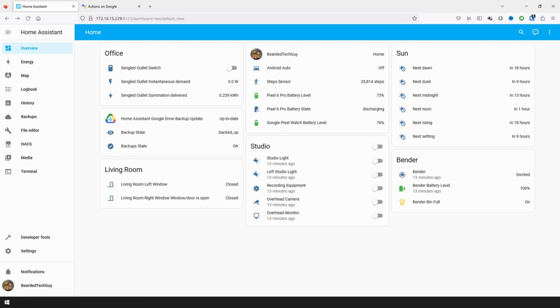Keep in mind that using this method does still require you to have Home Assistant available over the internet. There are several different ways to set that up for free if you don't want to pay for Home Assistant Cloud. But if you have Home Assistant Cloud, then you can just follow the steps covered in the previous section